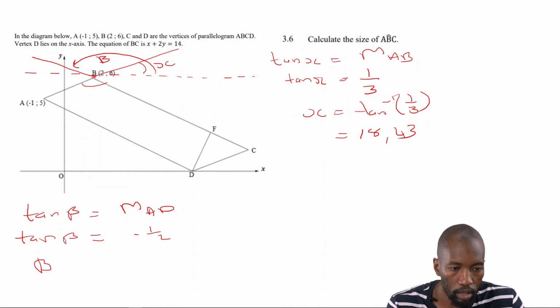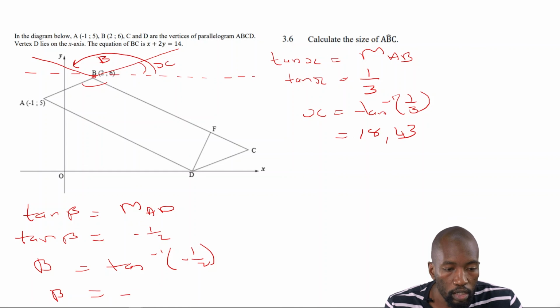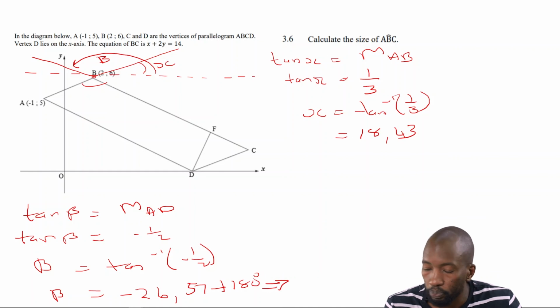Now beta is equal to shift tan of -1/2, and that will give you -26.57. As you can see, this is a negative angle, so we need to add 180, and this will then give you